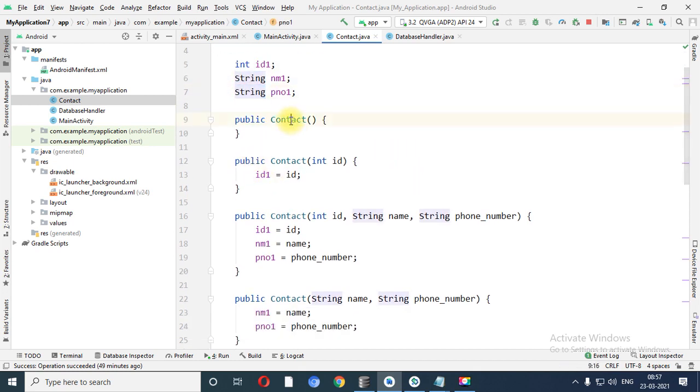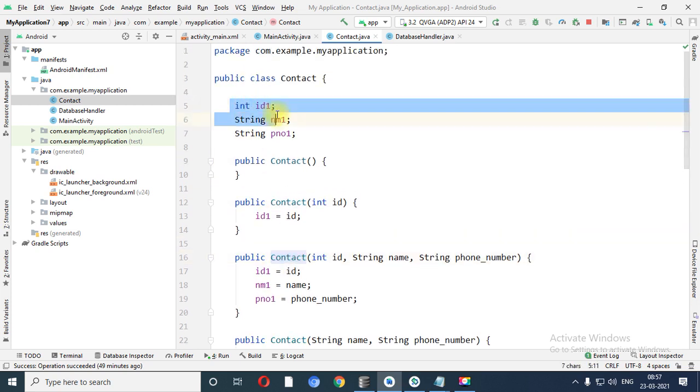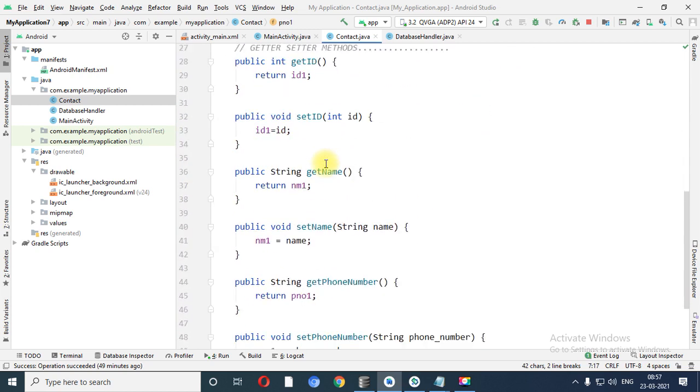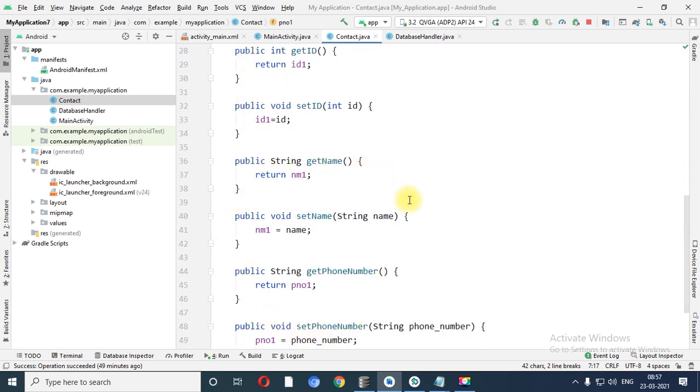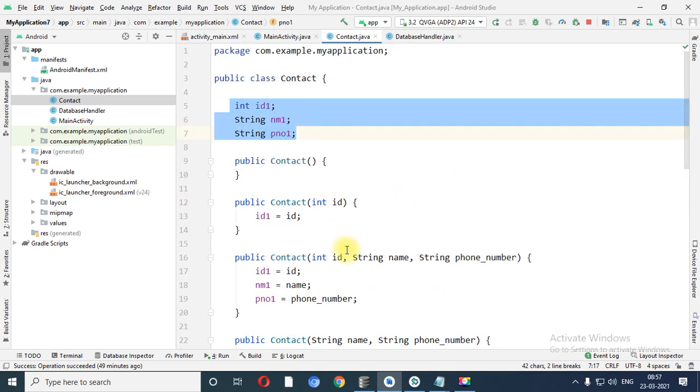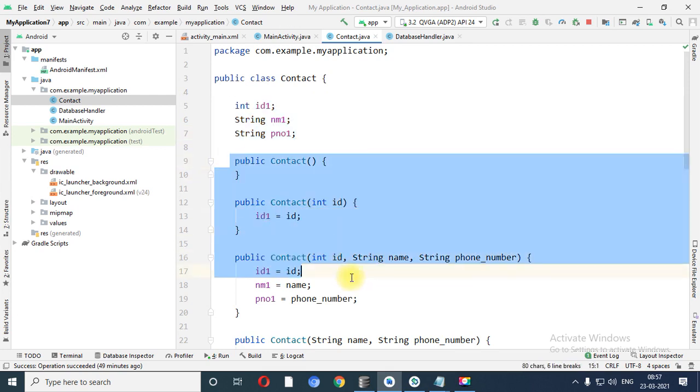Similarly, if instead of contact you want to take employee or student, at that time you need to replace contact with the student. Similarly, whatever number of variables you have declared over here, you need to write getter and setter methods regarding that, right?